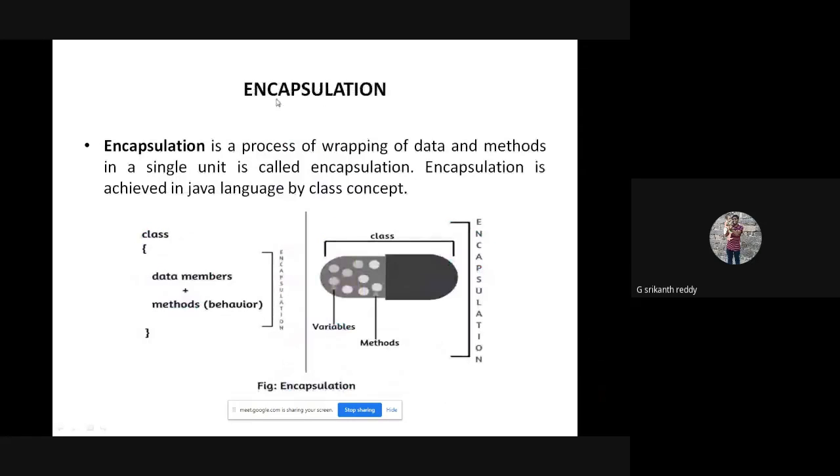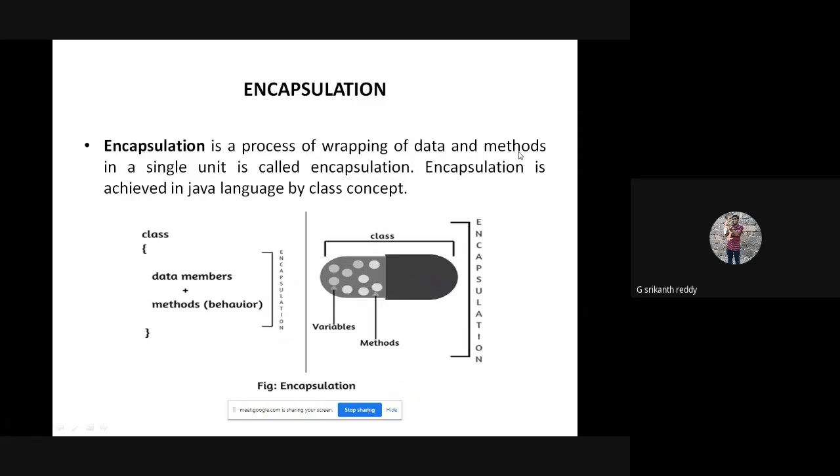Encapsulation. The name itself says it is a capsule. Encapsulation means wrapping or binding different things into a single packet-like thing. Encapsulation is a process of wrapping data and methods.